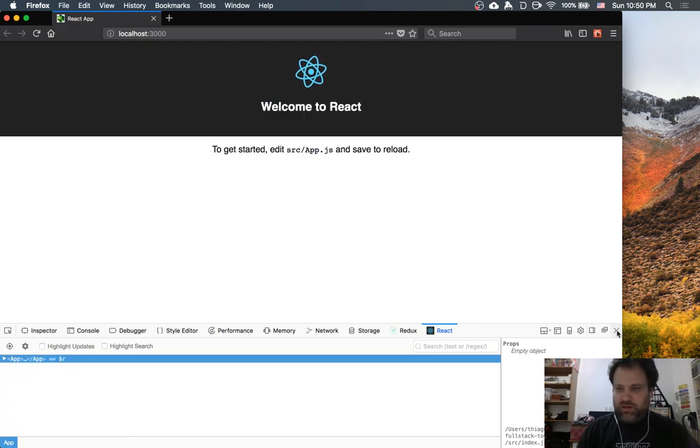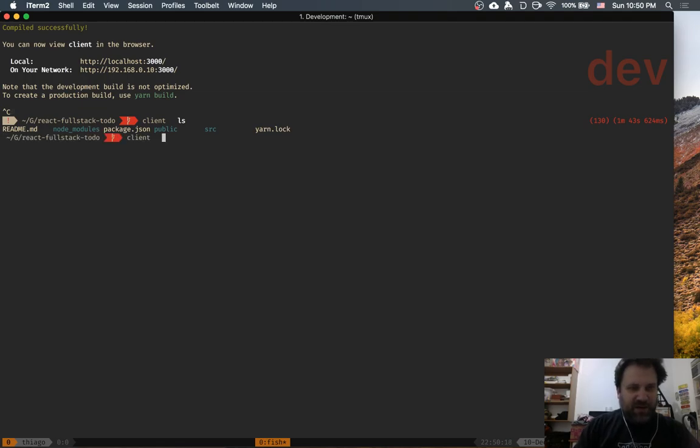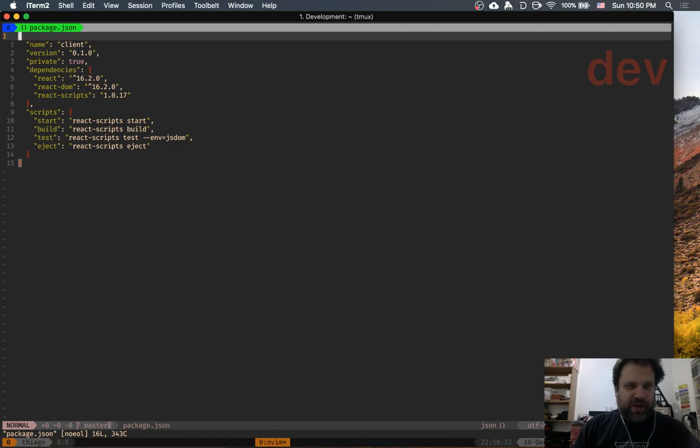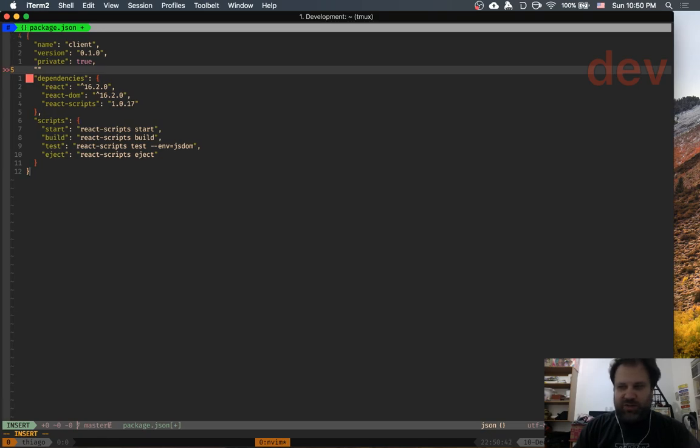Sweet. So we have a React app. Pretty awesome. Let's bring it down for a moment. So we want to configure a couple things, right? Let's bring up package.json. We want to do a few things to this package. You can see this private true, which is pretty awesome. You don't want to be inadvertently publishing this package. So we're going to do a configuration here